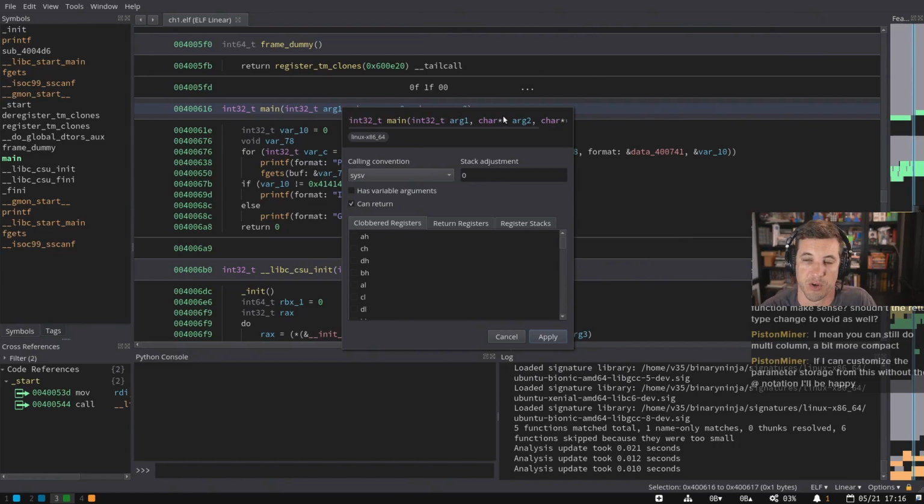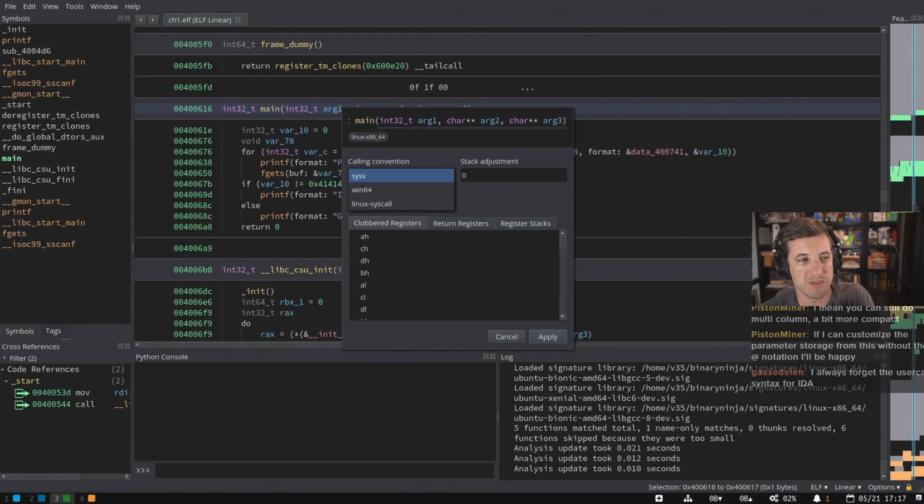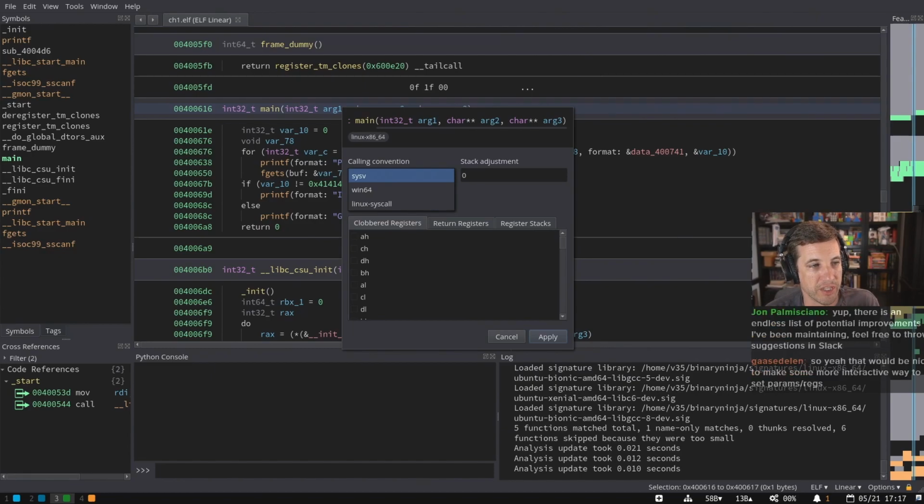Yeah, so John, this is perfect while you've got that list of notes I know you've been working on. Piston Miner is suggesting that parameters can come in registers and there's an at annotation you can use. But if you could change the parameters to where they're coming in, is that a part of the calling convention here too? That's a good question. Do you make that a custom calling convention? It's one of the other requests we've had: a custom calling convention. Somebody said I would like to be able to just set all this stuff up right from here. Yeah, custom syntax for calling convention stuff is annoying. It would be nice if the GUI actually had a way of doing that.